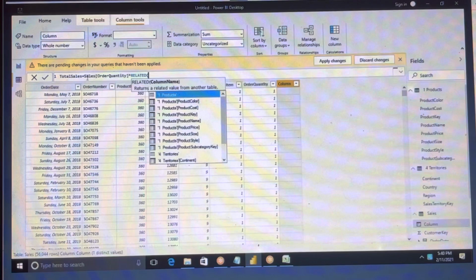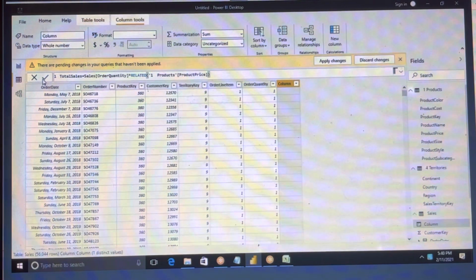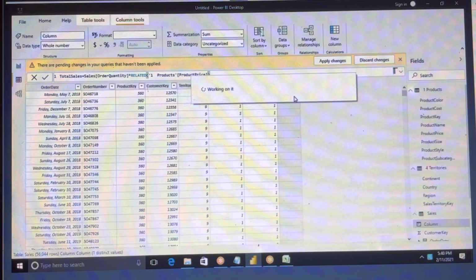Once you click on related, whatever tables are connected, you can see the list of columns and tables. Now you can see the product price. Just select it, click on OK. Or else you can enter it. You can get the data.